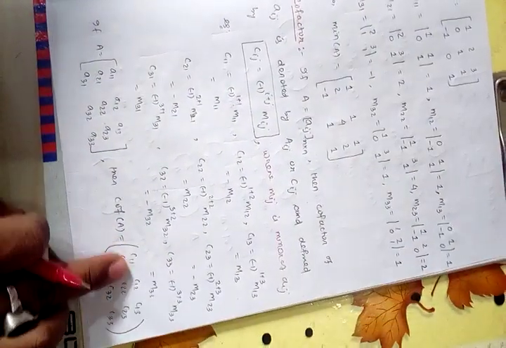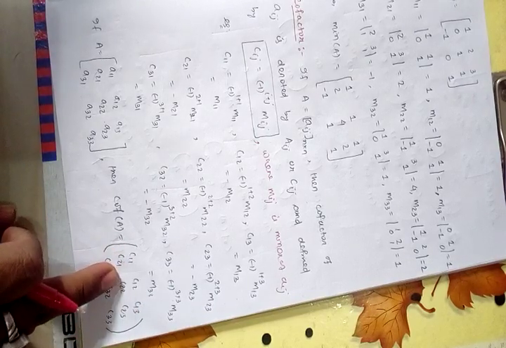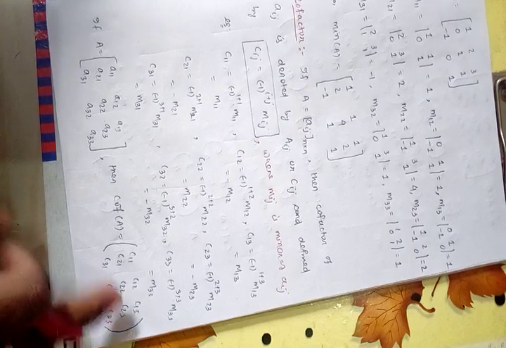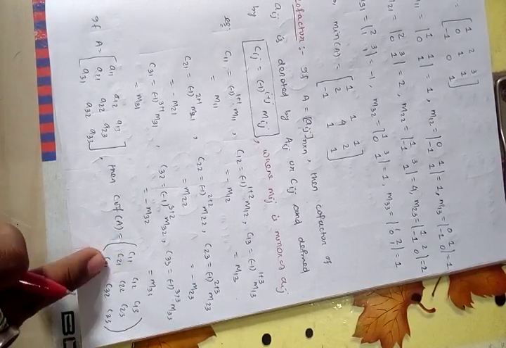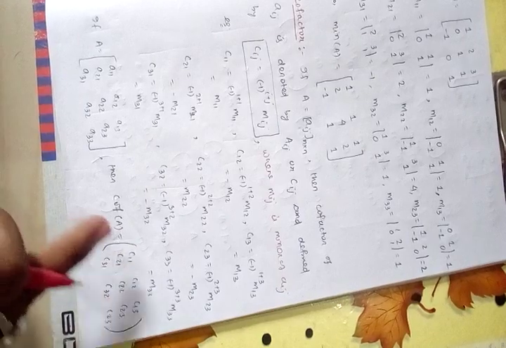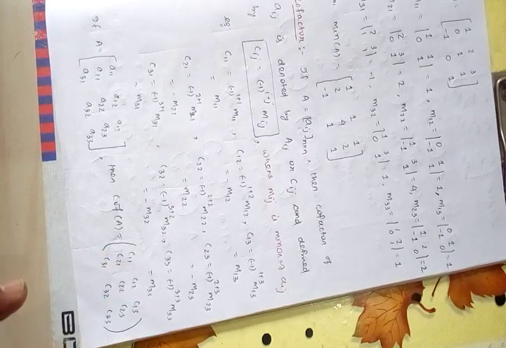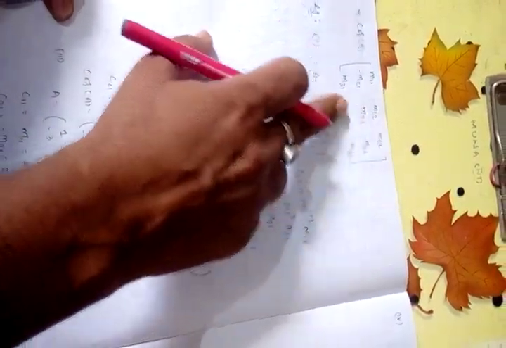As you know that C11 equal to M11, C12 equal to minus M12, C13 equal to M13, C21 equal to minus M21, C22 equal to plus M22, C23 minus M23. As you know, the sign of the position is plus minus plus, minus plus minus, plus minus plus. So in place of plus we have to write M11 directly. In case of minus we have to write minus into M12, or minus of the minus. For example, cofactor of A equal to M11, minus M12, M13, in this way.